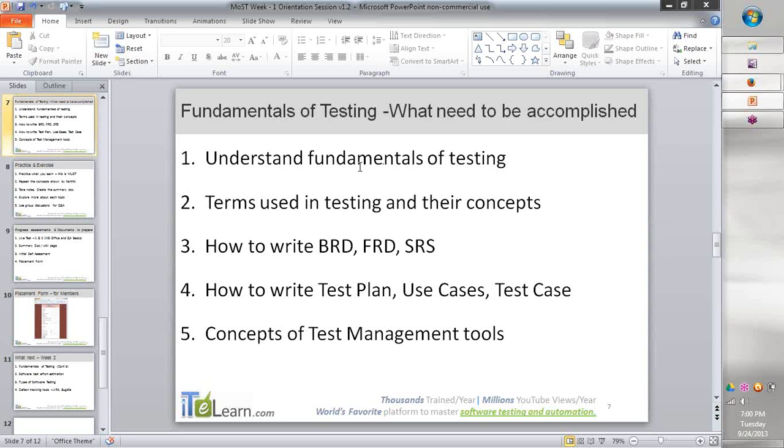how to write a business requirements document, how to write a functional specification document, how to do a system specification document, how you're going to write a test plan, how you're going to write individual use case documents, how you're going to write test cases out of them. Okay, you will know this exactly. So your good knowledge on documentation and this will really help you, team.